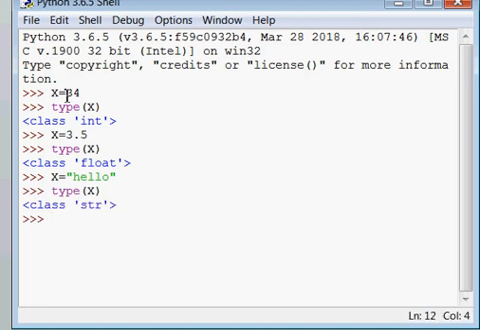So it means whenever you are initializing a different type of value into the same variable, it automatically changes the data type of that variable. See, for 34 type of x becomes int, for 3.5 type of x becomes float, and for hello type of x changes to str. So this is called dynamic typing.